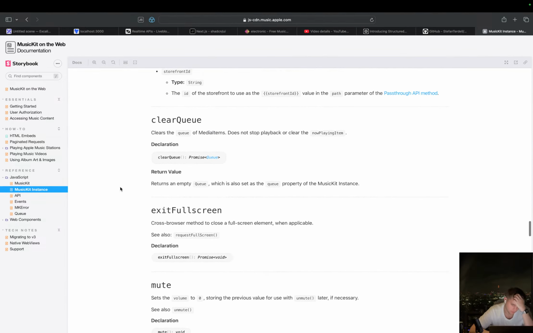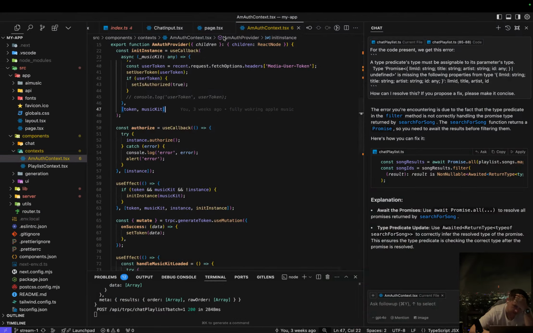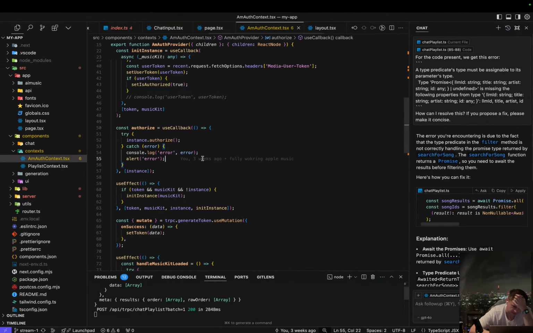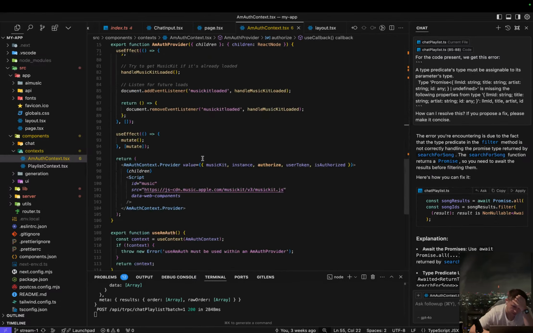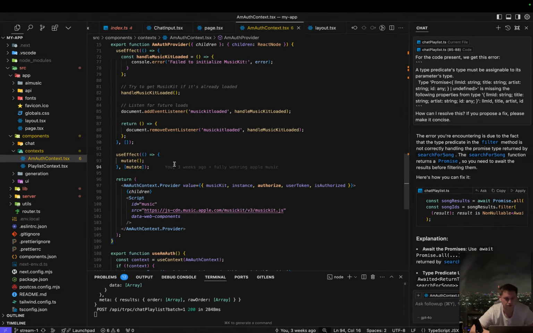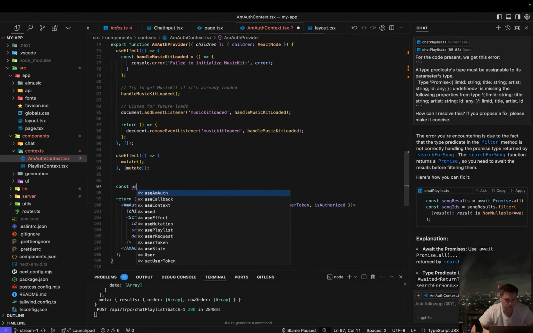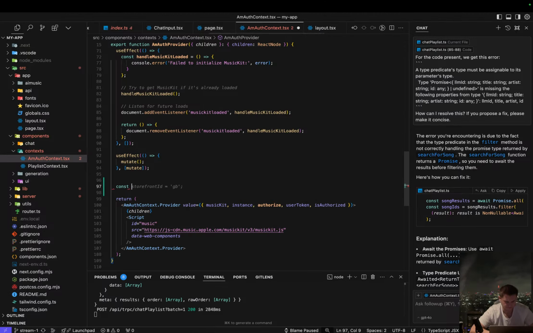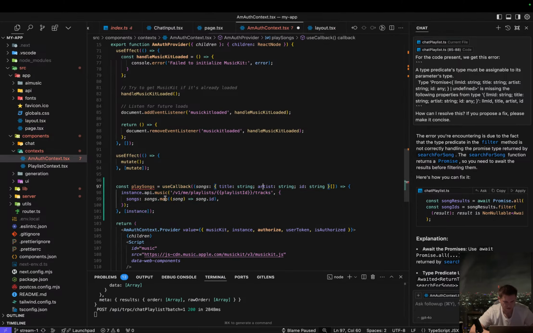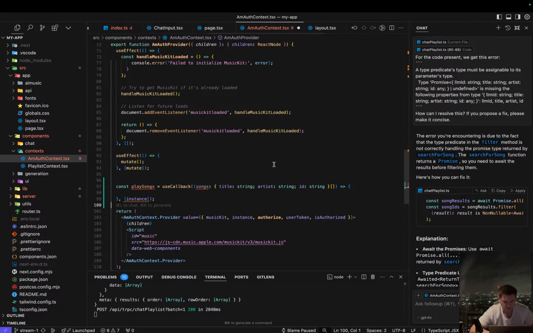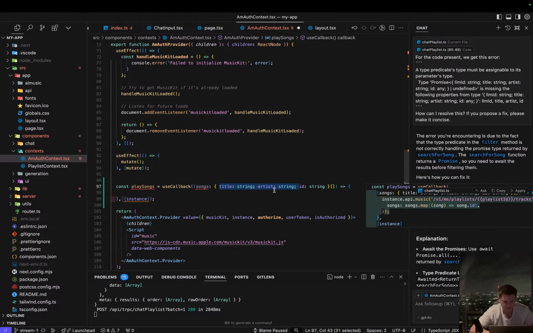Here we go. So, right, what I'm going to do now is go back over here, and we want to add support for queuing music into this main effect. So what we want is a const, and then we'll call this, let's just call this play songs. So what we want is songs. It should just be an array of